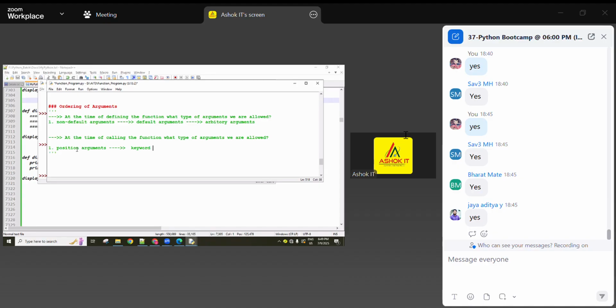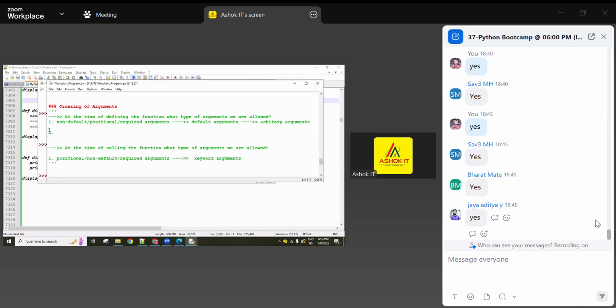Same here also: non-default, positional, or required arguments. These all are the same names only, guys. At the time of calling, positional arguments and keyword arguments we can use. At the time of defining, these three types we can use. Next, coming to the second point, always here